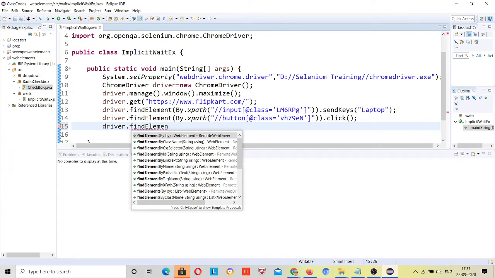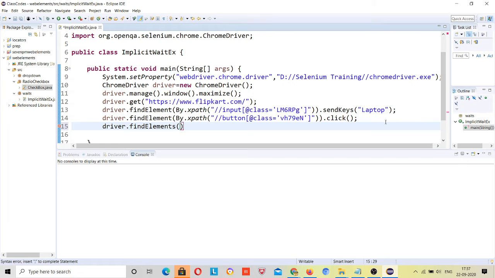Find elements by dot XPath, and this is your XPath, right? And what will be the return for it? List, right? Because multiple web elements are getting returned, so we will store this inside a list. List of what type? Web element, right? This much I have covered in multiple scenarios in your auto suggestive drop down calendars, and also in HTML tables. So I hope you guys are now familiar with this logic, right?